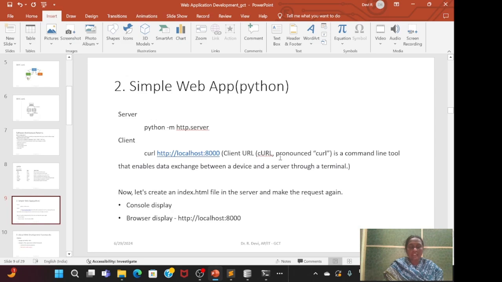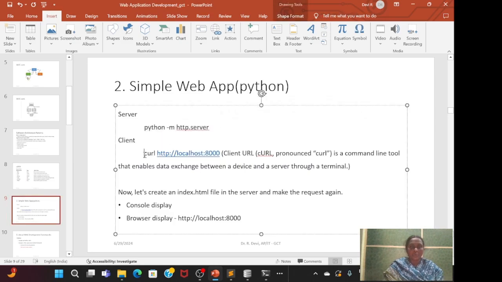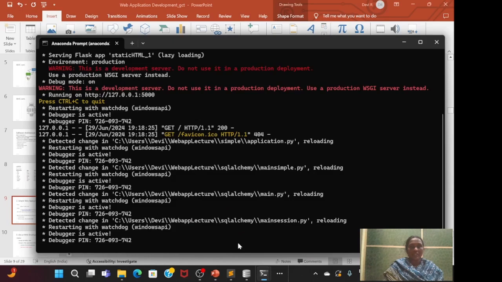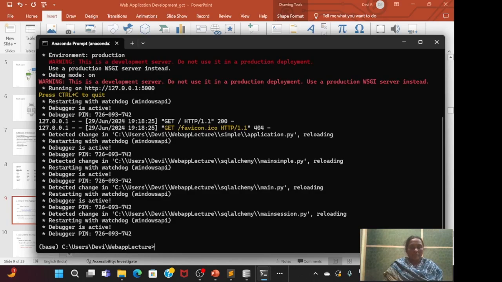So next we will start working with the programming, right? This is how we are going to create a simple web application without writing much code. Only this line for the server, and only this line for the client. These are the lines we are using for implementing a server and client. So first we will start executing this. Here I am using the Anaconda prompt for executing. I will stop the previous content also, right? So now what I am going to do,